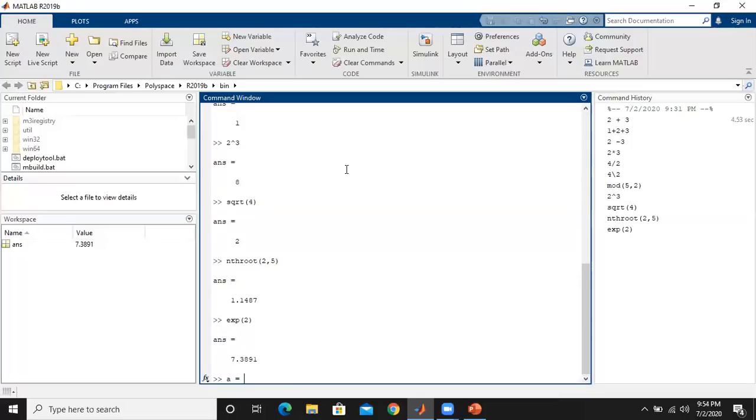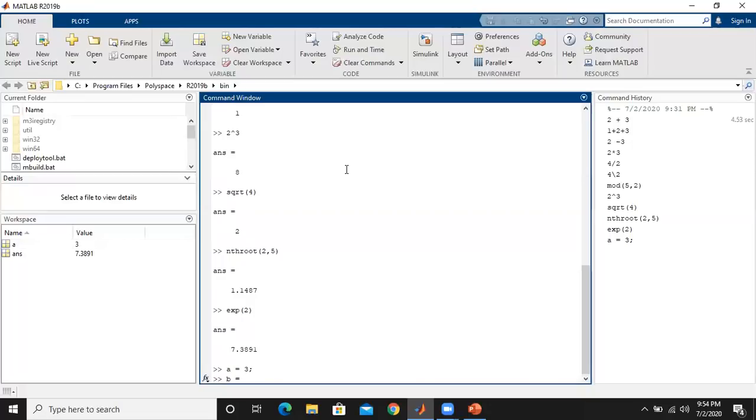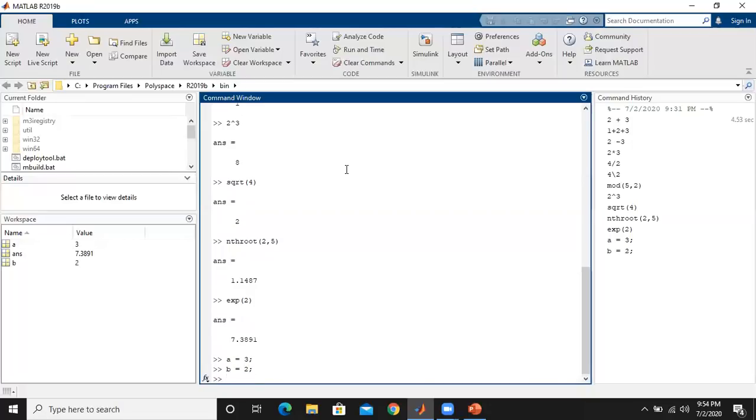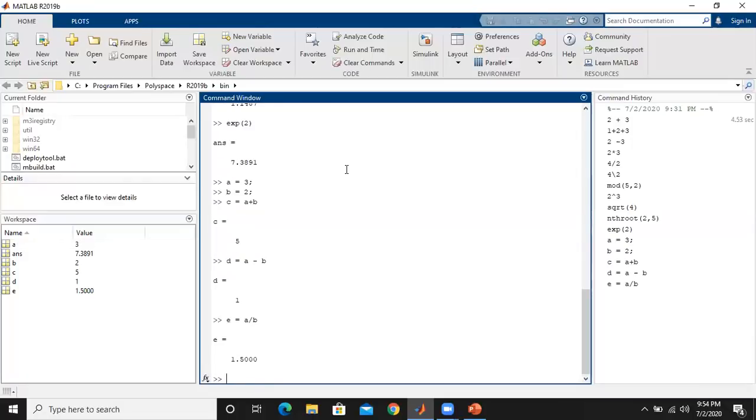Now we can also give certain variable names to the numbers, and you can go for these mathematical operations. For example, a equal to 3. When you put a semicolon in the command window, the output is suppressed. Now b equal to 2, then suppress the answer. Then go for c equal to a plus b. Like this also you can give, then you get the answer as 5. Then take variable d. So d equal to a minus b, then you get the answer as 1. And take another variable e, then go for the right division. So a by b, then you will get the answer as 1.5. Then go for some other variable name f and go for the left division.